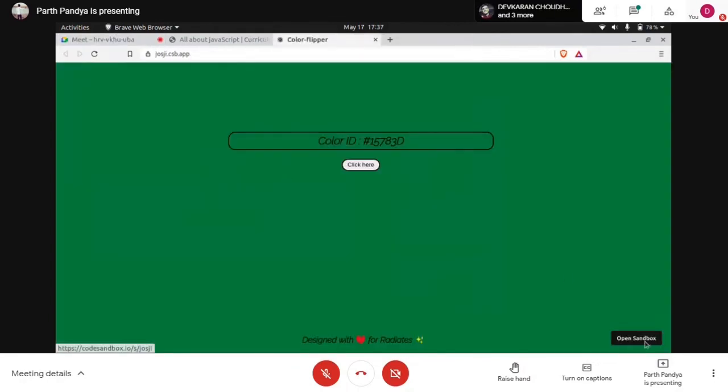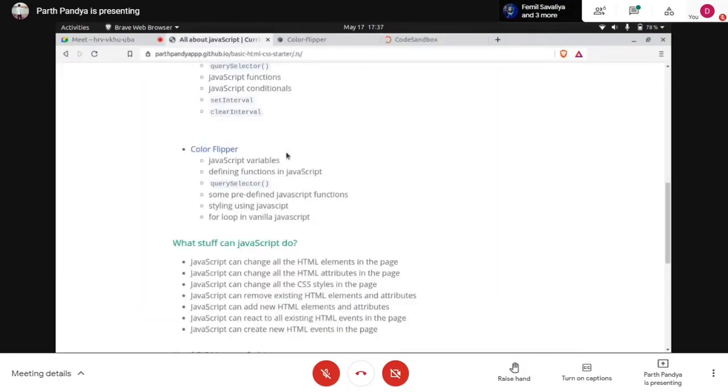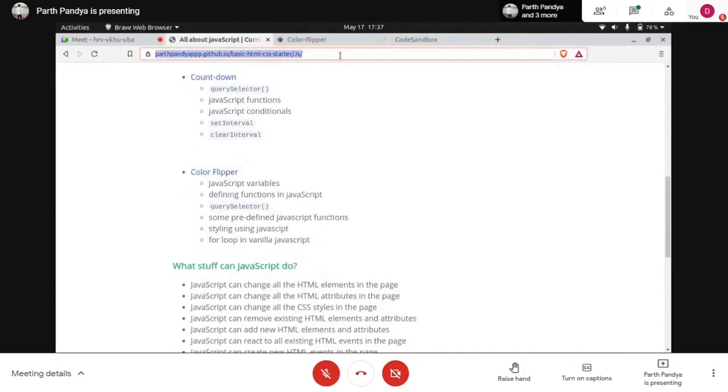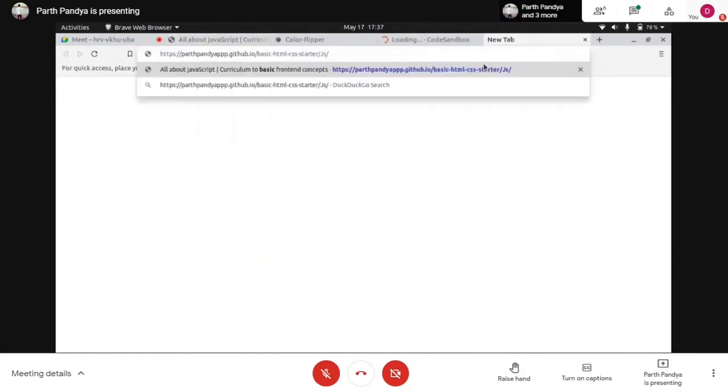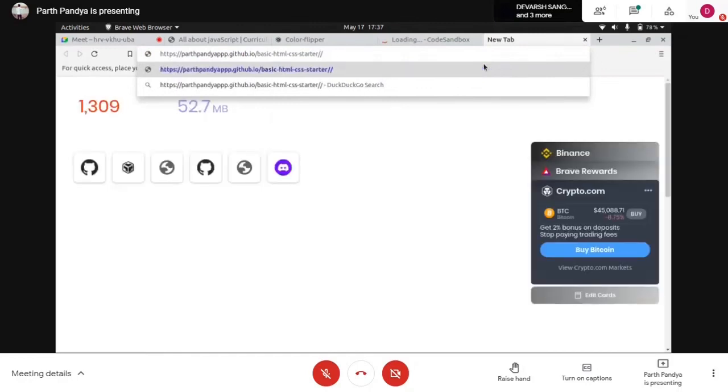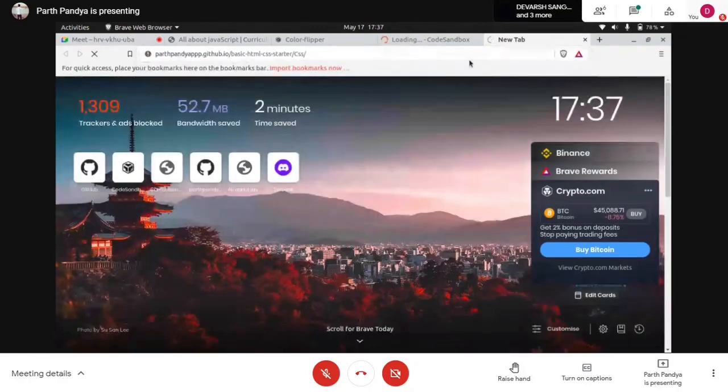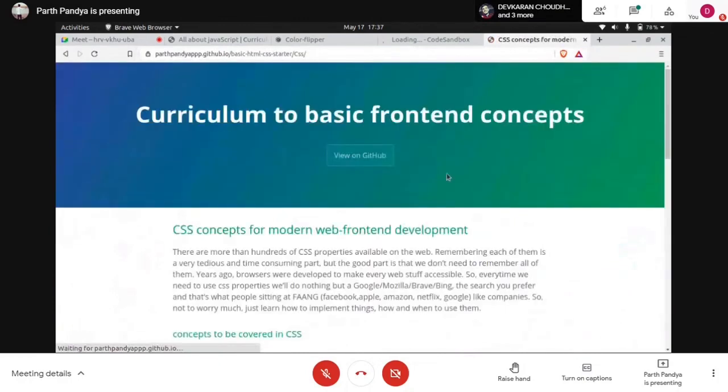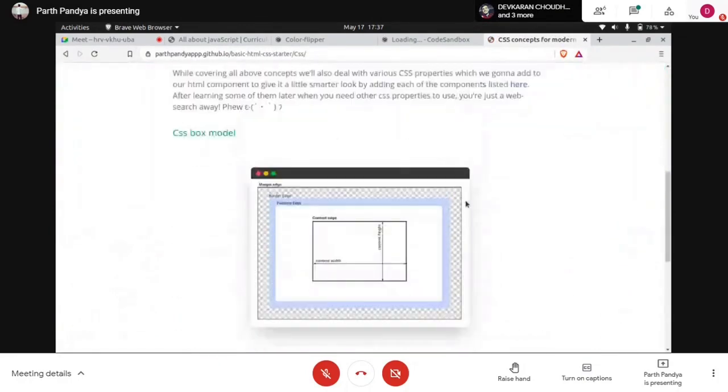Okay, so we are jumping into the source code now. First of all, let's get back to our CSS curriculum. For this, we have to clear some hexadecimal color concepts of CSS. This was the box model.